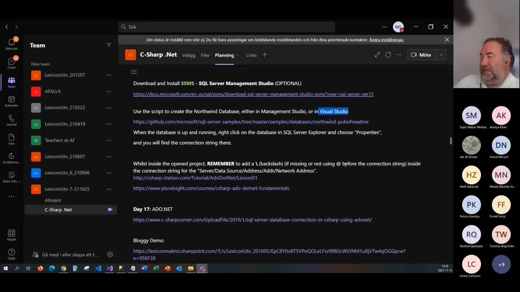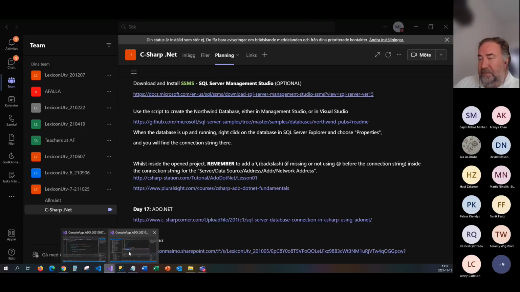It's telling here also this line, remember to add backslash if missing from the connection string. And you think, where should I find the connection string? It was part of, I think, this tutorial, I think it had it also, but I'm going to show you. So if you go for Visual Studio again here,